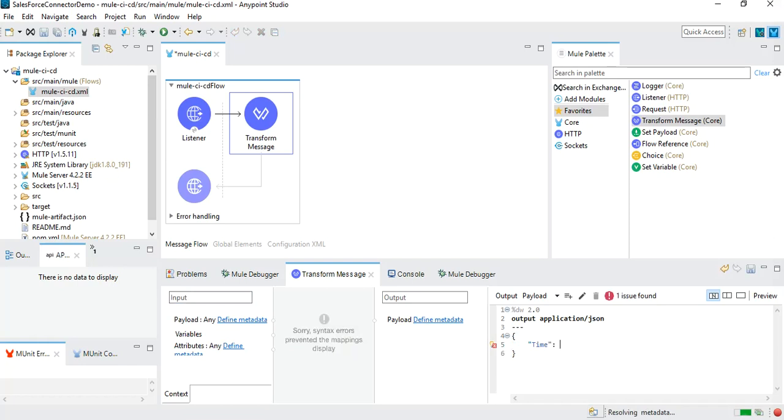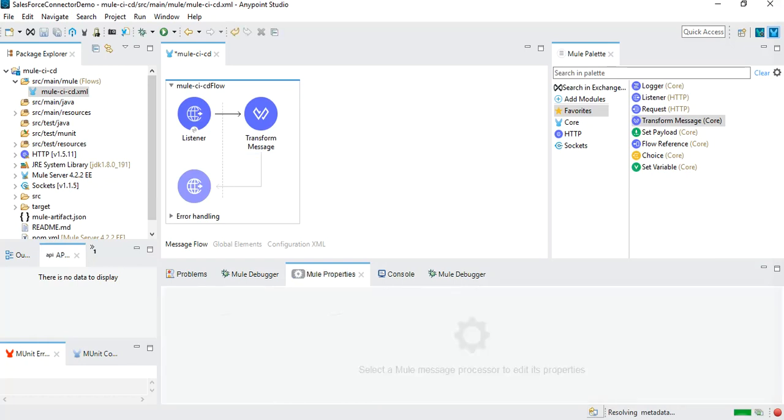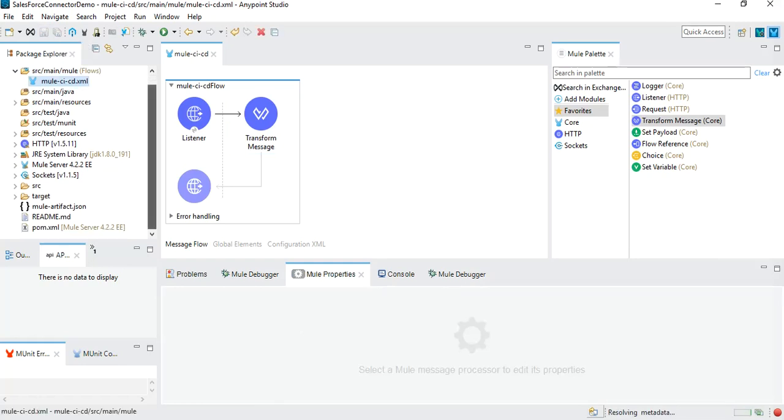So I want to just return current date and time using now function. Pretty simple, nothing else, nothing fancy. So once we have created this very simple solution, next thing that we have to do is that we have to add required information in our pom.xml file to be able to make this project